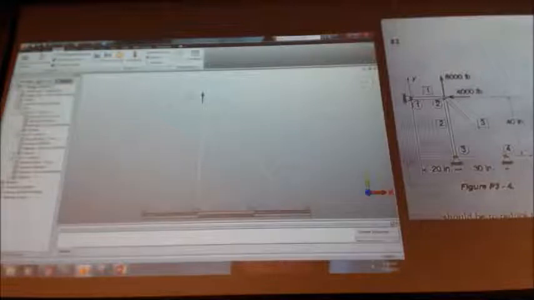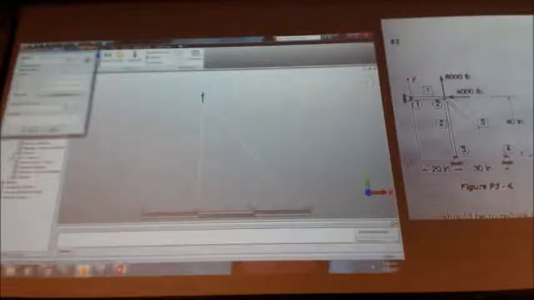Now, if we select this node, we're going to put 2 forces on it. 8,000 pounds plus in the Y direction. And then we still got that highlighted. And we have minus 4,000 pounds in the X direction. So there's our 2 forces. And now we're ready to